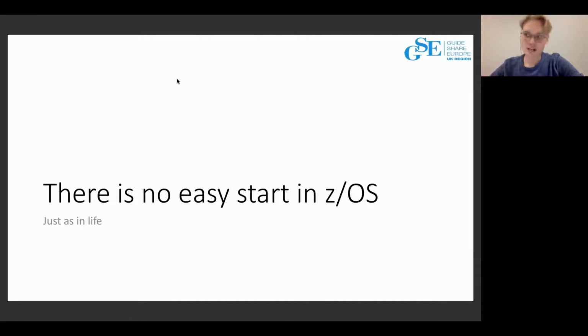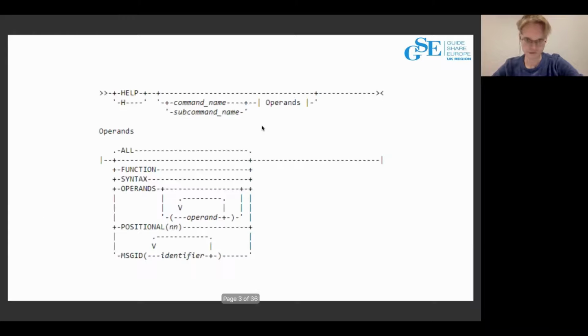To prove our statement, we would like to remind you of the syntax diagram of the TSO help command. As you can see, even the docs for the help command might not be as helpful at first sight. We want to point out that even acquiring the basic skills in zOS might be challenging, especially if you're a graduate, for example. And what about these graduates, Kirill? Would you take part and continue?